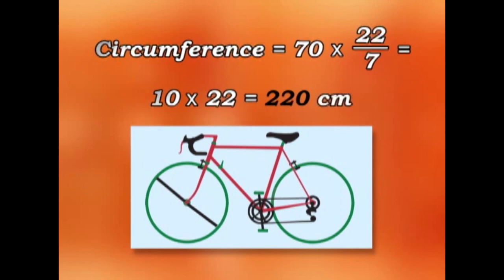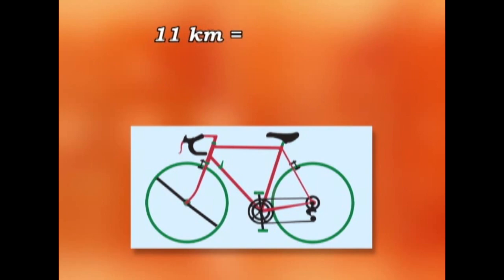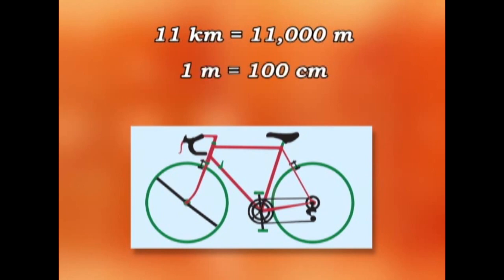Now the bike travels 11 kilometers. There are 1,000 meters in every kilometer. So 11 kilometers is 11,000 meters. There are 100 centimeters in a meter. So if we multiply 11,000 by 100, we add 2 zeros and we multiply like this. 11,000 times 100 equals